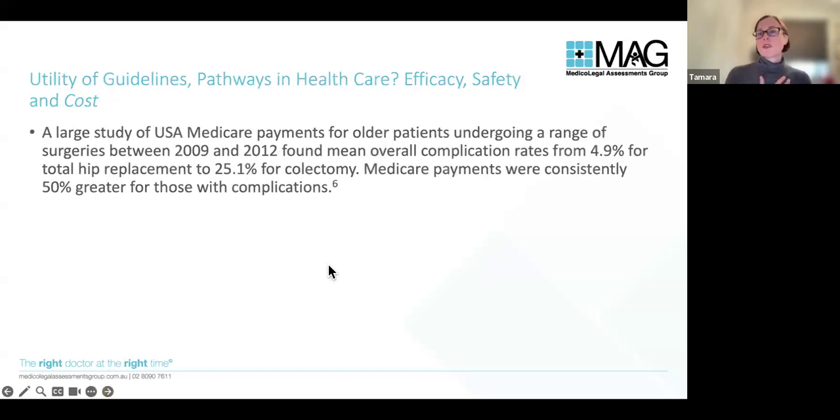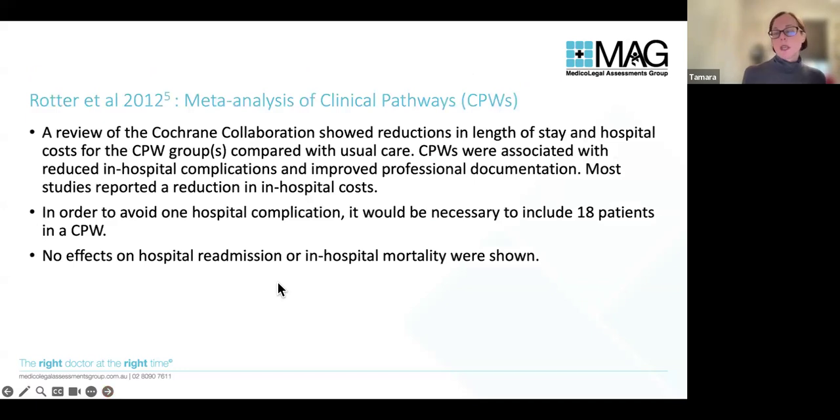So moving on, the utility, just to mention again, it's very, very clear that costs associated with complications are very significant. It's a little bit scary, thinking that there might be a 5 to 25% complication rate when you go in for certain procedures. I would emphasise that a lot of those are fairly minor things, but clearly they increase costs. So apart from quality assurance, efficacy and safety, that's been a very important driver of the imposition of so many standards and guidelines on the medical profession.